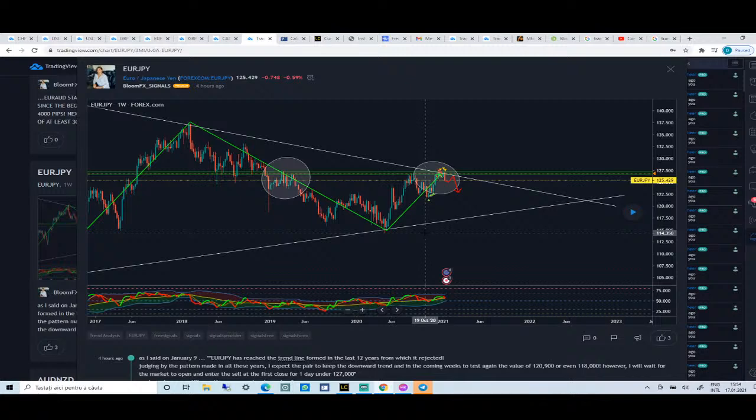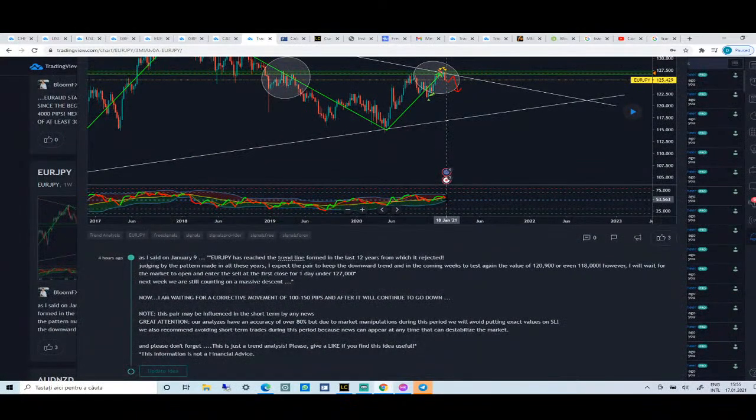And now we start with Euro JPY, and we have here the weekly chart. If you remember, as I said on the 9th of January, Euro JPY has reached the trend line formed in the last 12 years from which it rejected, okay? Judging by the pattern made in all these years, I expect the pair to keep the downward trend and in the coming weeks to test again the value of 120,900 or even 118, okay? However, I will wait for the market to open and to enter the sell at the first close over 1 day